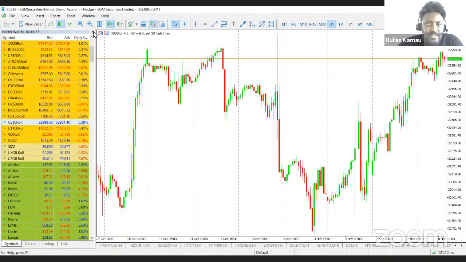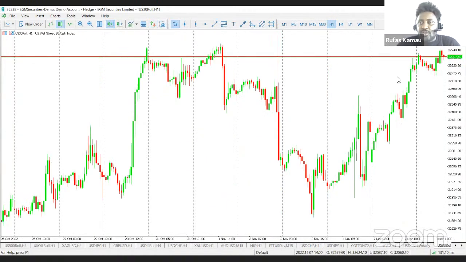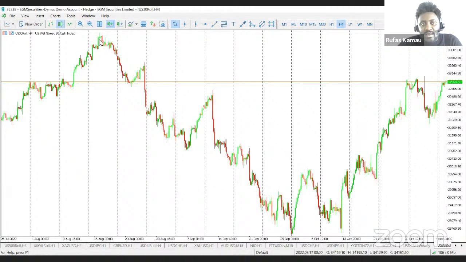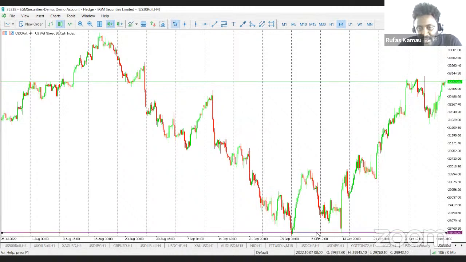So for those who are not conversant with this, US30 is basically short for the US 30 index, or basically the Dow Jones 30 index. It has been one of the most volatile indices in the US, making a very sharp rise over the last couple of weeks. As you can see, there were quite a number of weeks that it was extremely bearish, and it formed a double bottom kind of pattern here. So we can all see the W-shaped pattern. Here is the first leg of the W-shaped pattern, the second leg.